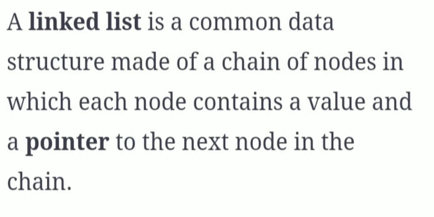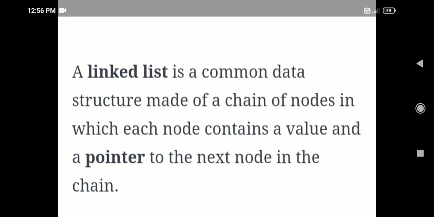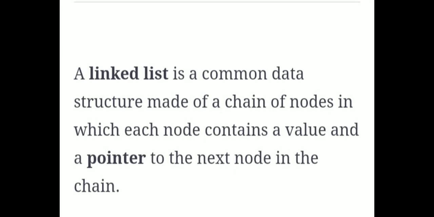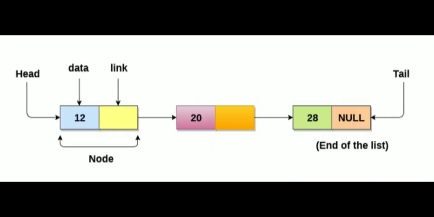So the simple concept is that a node has a simple value and also a pointer to the next node. In this way, you make your linked list a sequential one. These are all statements, but you can understand better when you see it as an image.